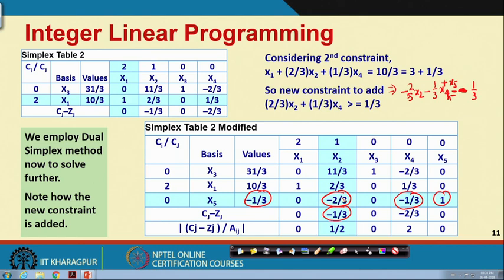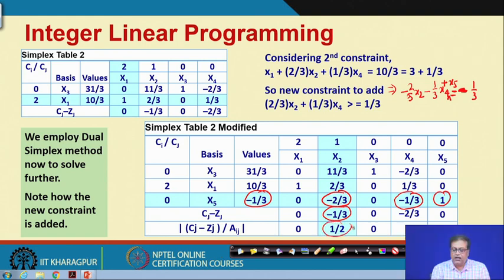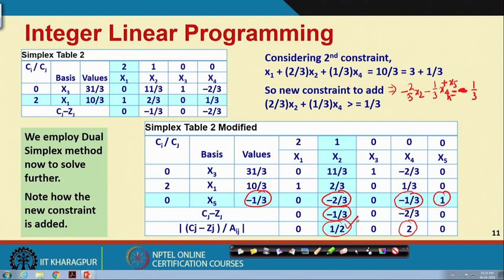Now, the corresponding coefficient for x 2 is minus 2 by 3. So, if I divide the Cj minus Zj by Aij, that means the corresponding value in the row, then we get the absolute value of Cj minus Zj by Aij, and this is half here and this is 1 here, 2 here. We take the minimum, the half is the minimum, that is the procedure. So, the minimum, therefore, x 2 should be entering, right. So, understood what we did?